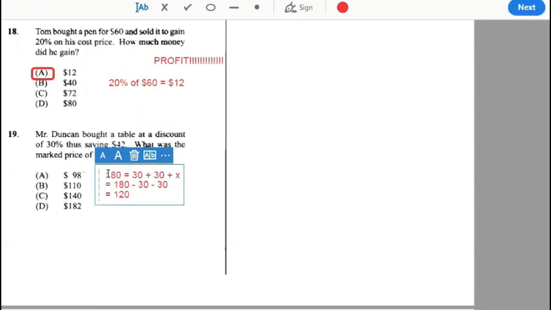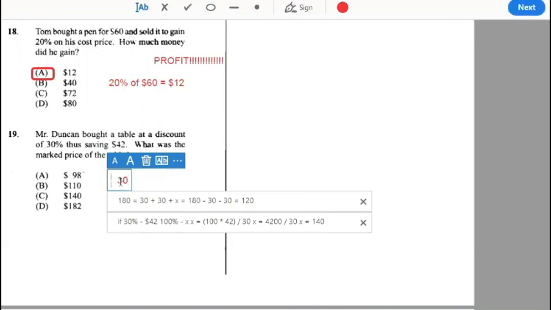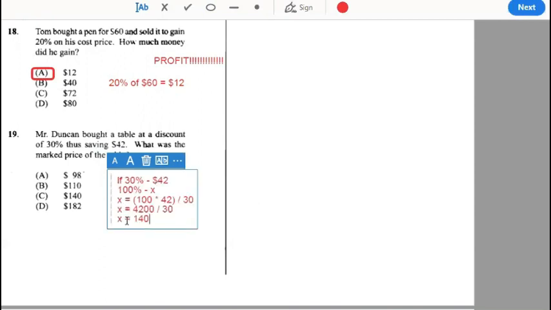So if 30% is equal to $42, which is what he saved. The $42 is what he saved, and that was equal to 30%. So what we're finding is what is 100%, which was the original value of the table, which is C,